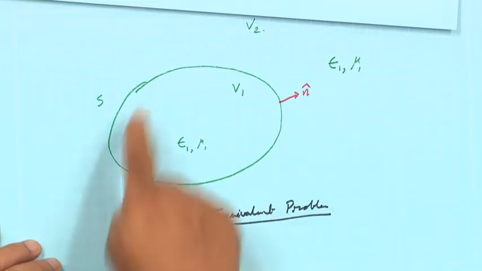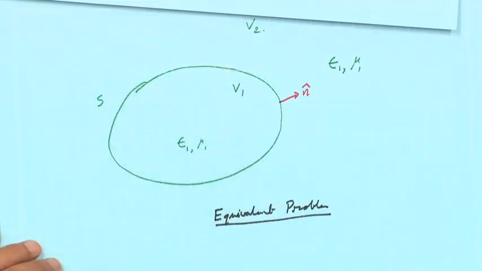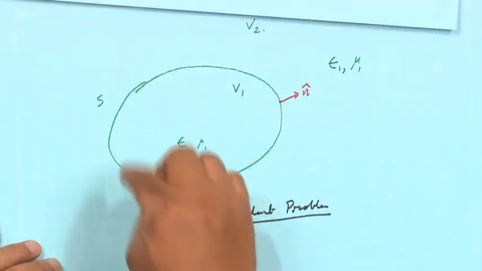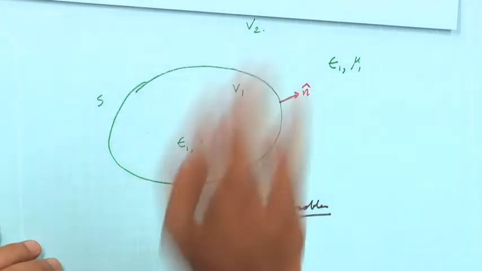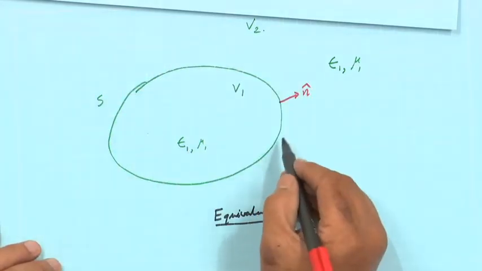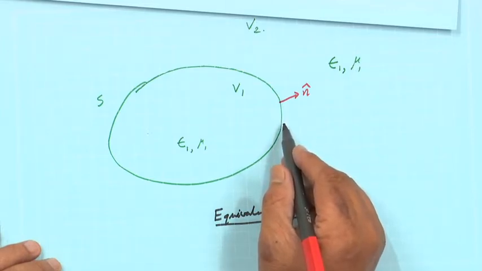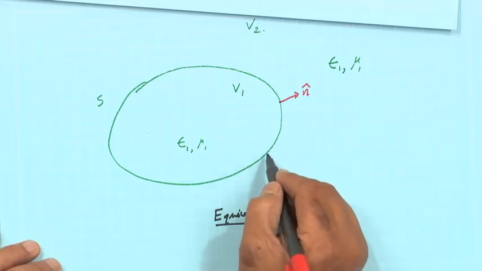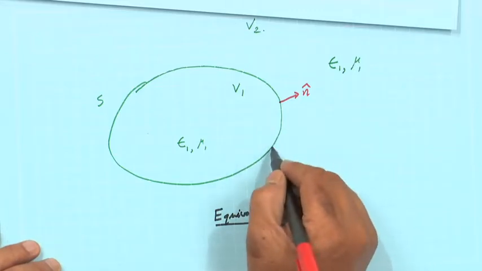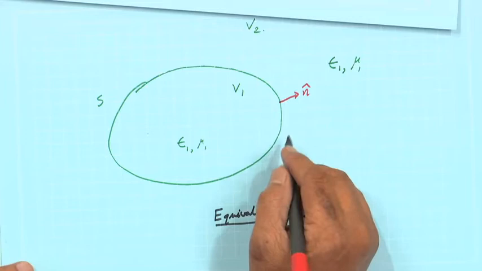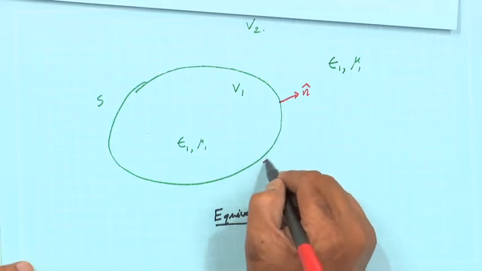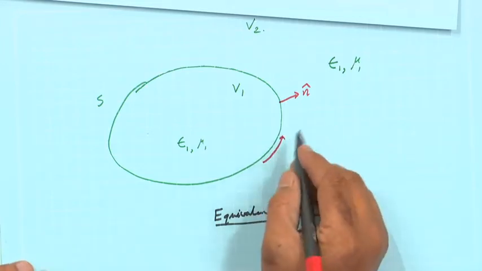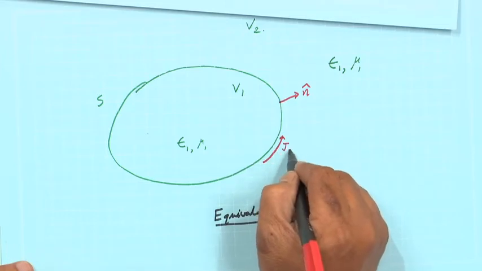Here I say that inside I do not consider any sources. So, this V1, which was earlier containing sources, now I do not consider any sources, but I satisfy the boundary condition here. So, I put on this imaginary surface two current densities. This is actually equivalent currents, one is Js,